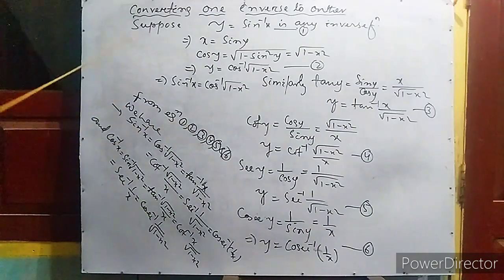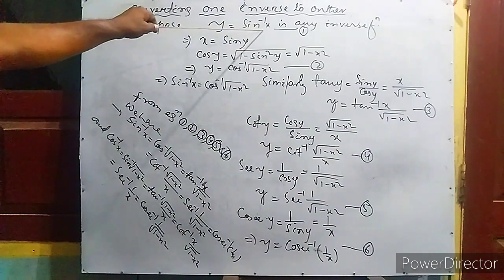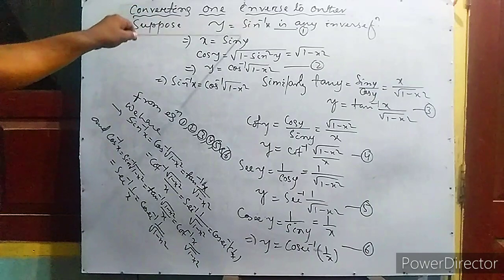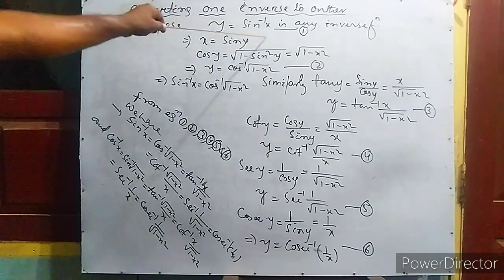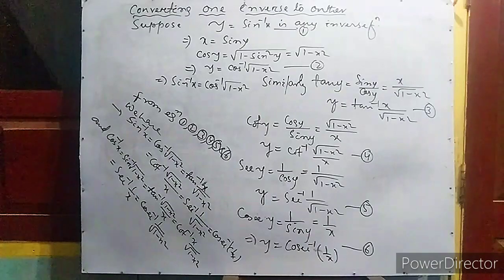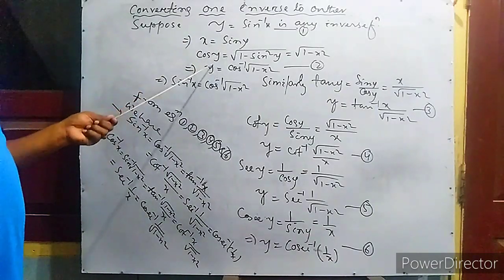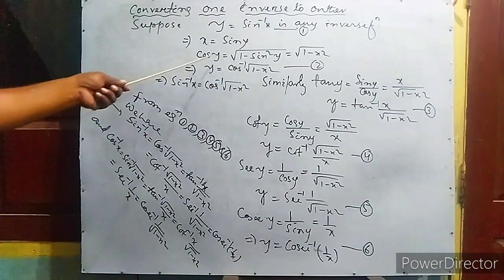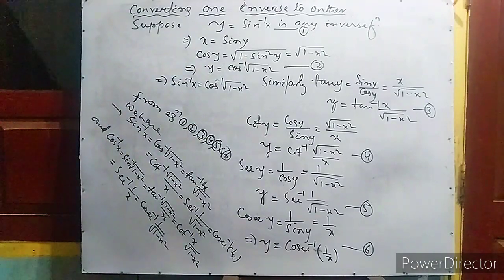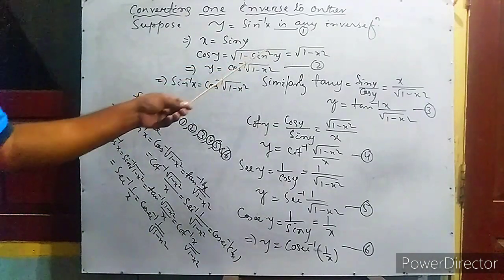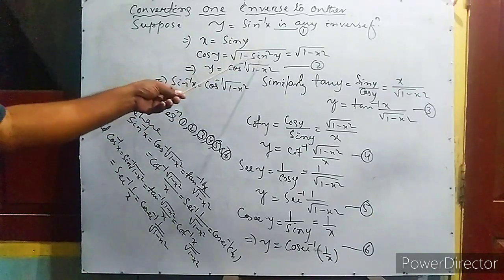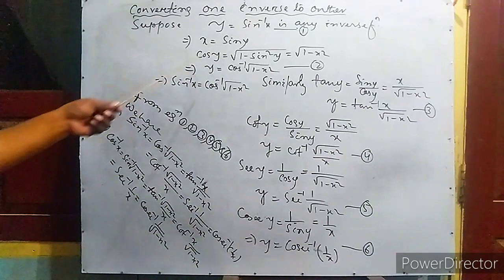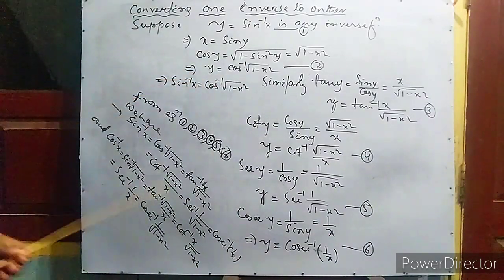Here is the format. y equal to sin inverse x. If you take sin inverse to this side, the minus power will cancel, and it will be sin y. So x equal to sin y. Now look here. If x equal to sin y, then cos y equal to root over 1 minus sin square y. We have already read this in trigonometry. So cos y equal to root over 1 minus x square, because sin y equal to x, so instead of sin square y you put x square.